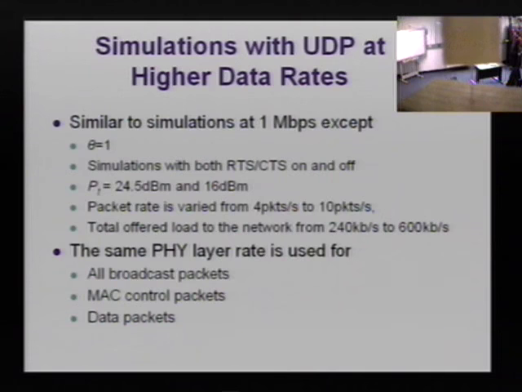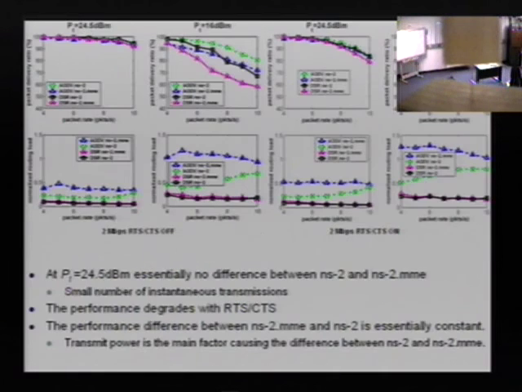Transmit power levels, and we changed the packet rate from 4 packets per second to 10 packets per second, which corresponds to a total offered load of 240 kilobits per second or 600 kilobits per second. Also, when doing this, all broadcast packets, MAC control packets, and data packets were sent at the same rate. Like the same rate was used for all packets. For example,